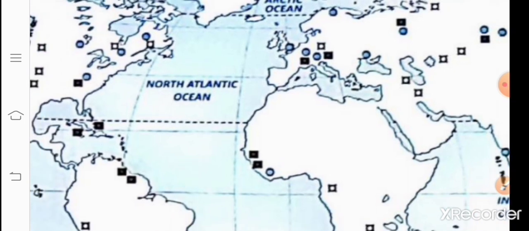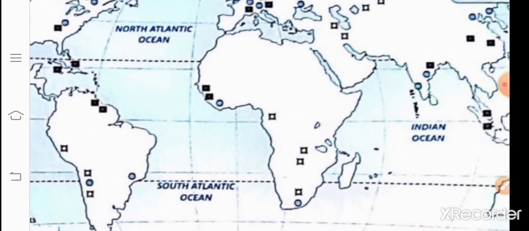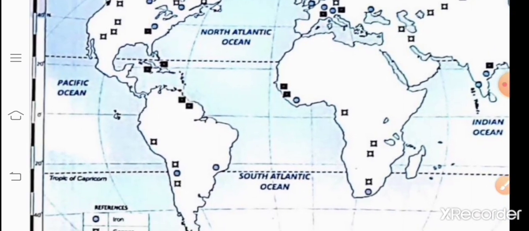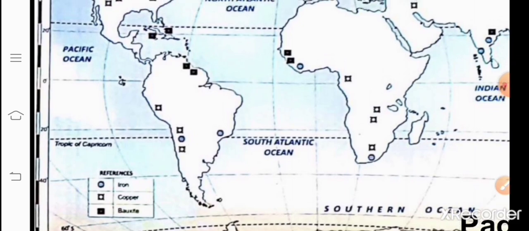So looking at that, only one region you have to mark, children. Understood? And the second question that was asked to you was copper producing region in Africa. Now let's come to the continent Africa here. Here it is Africa. Now see the symbol that has been used for copper. Look at this and try to see here. You have got many regions where the copper is produced, correct? So you have to mark any one region that is related to copper producing, okay?